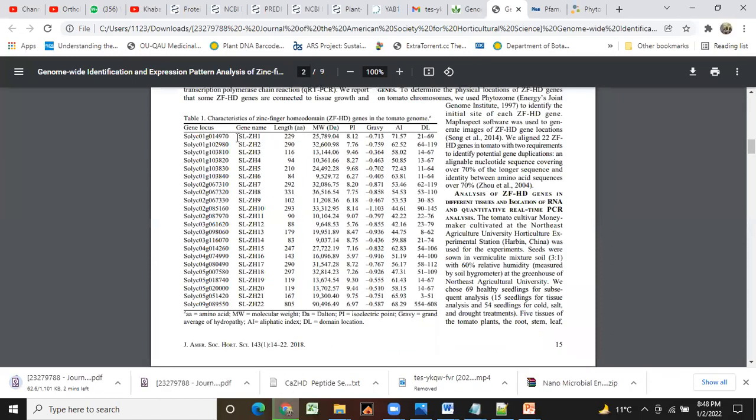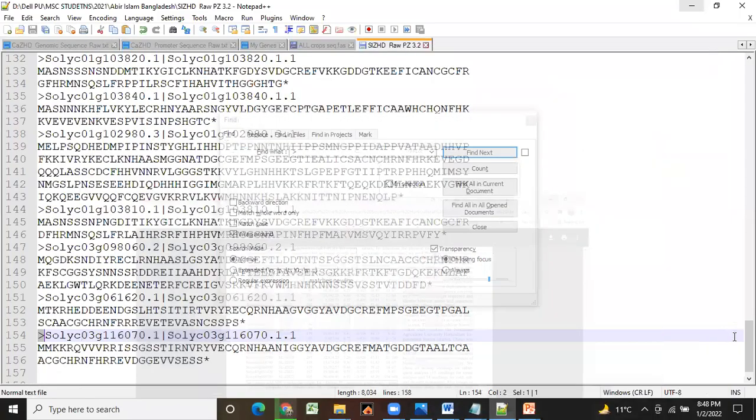Here, first of all, find this copy, and this is known as the SLZH1. Control F, Control V, and this one.